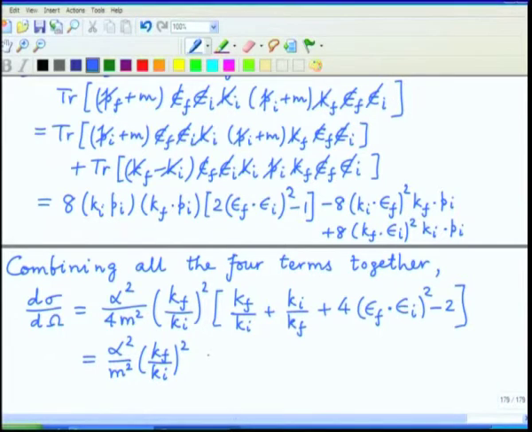So, let me just do that, and this object is k f square plus k I square minus 2 k I k f, which is k f minus k I the whole thing square, and that can be rewritten as